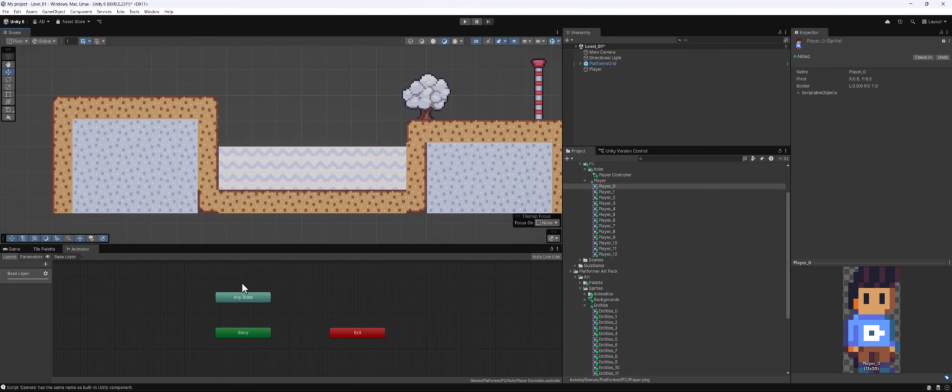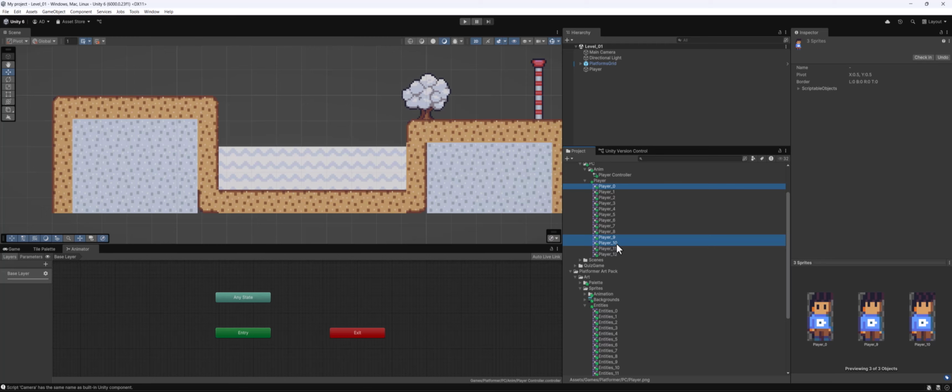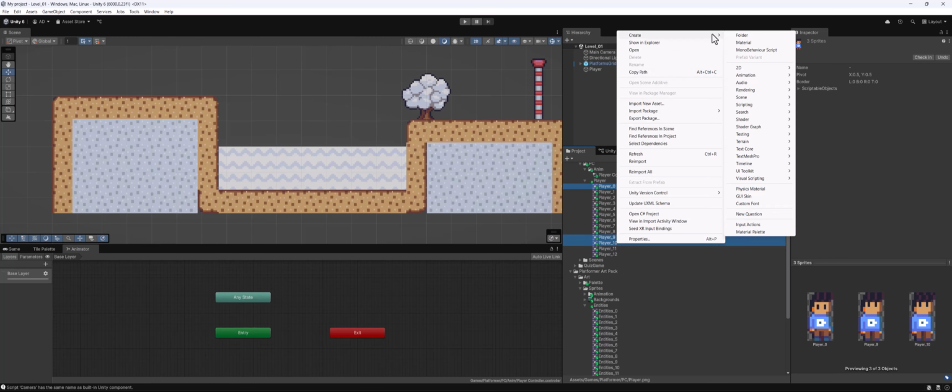All right, so we've got our animation controller. We've got our character broken up. Let's work towards getting the idle animation going. All right, so here's 0, and I think we said 9 and 10. So I'm going to hold 0, 9, and 10, and I'm going to right-click, go to Create, and click on Animation. And then I want to, let's see,